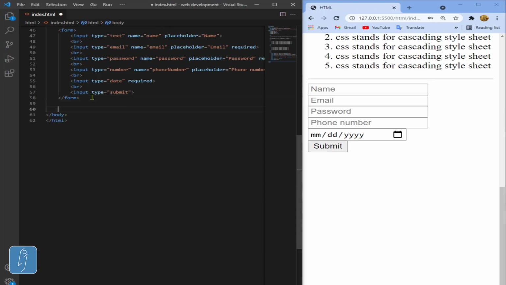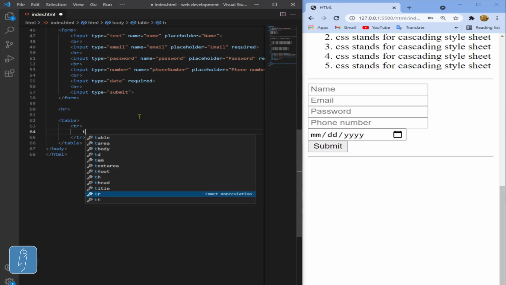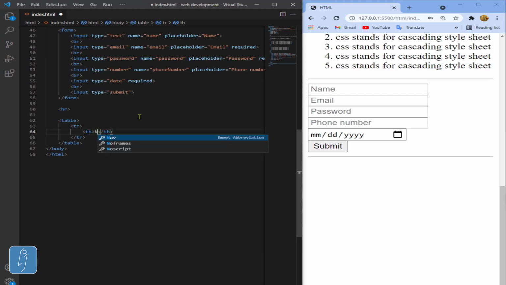Now I'll do another HR like this. Now I'm going to show you tables. And I could do table. Hit tab. Inside the table I go with the tr, the table row. Inside of the tr, I want the table head to be something. So th, head. So for the first head, I want, for instance, names,